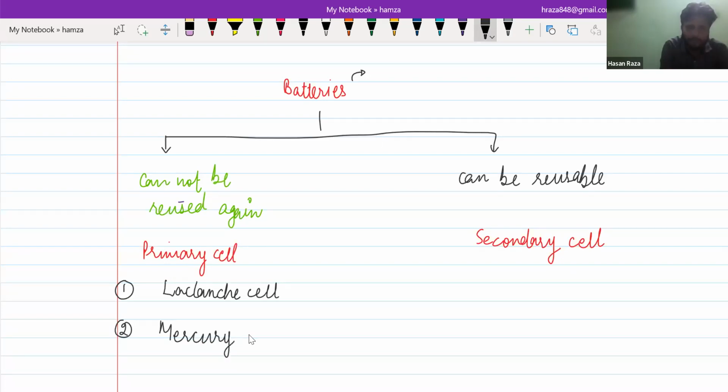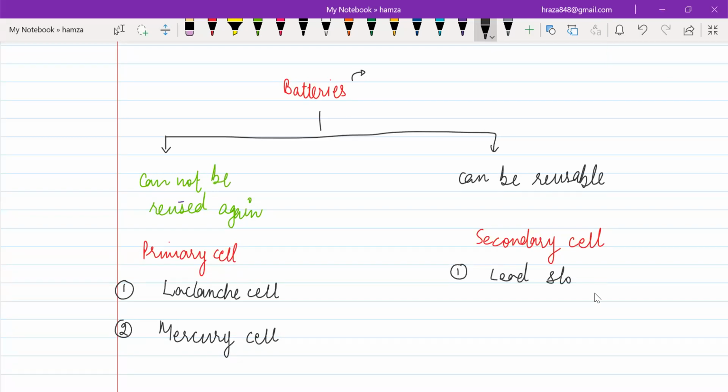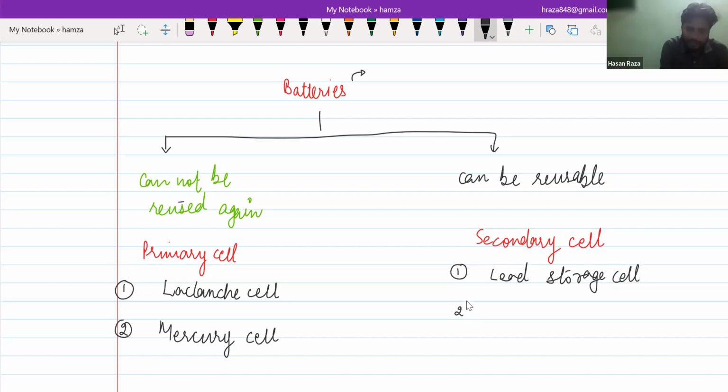And for secondary cell, we have to study three types. The first is lead storage cell. The second we can take nickel cadmium cell. And the third is